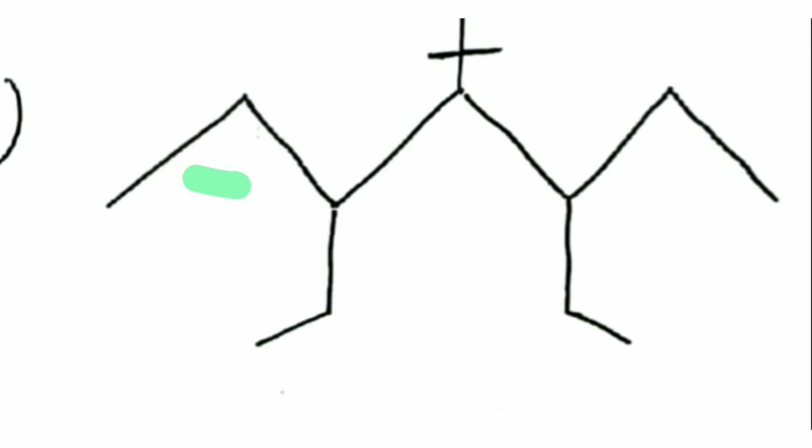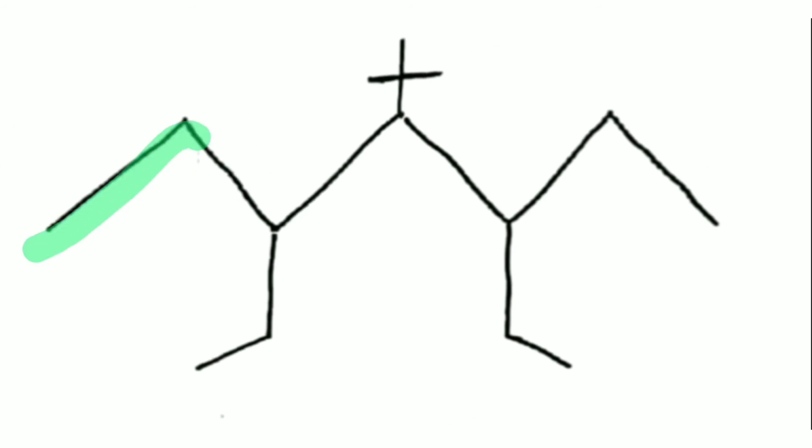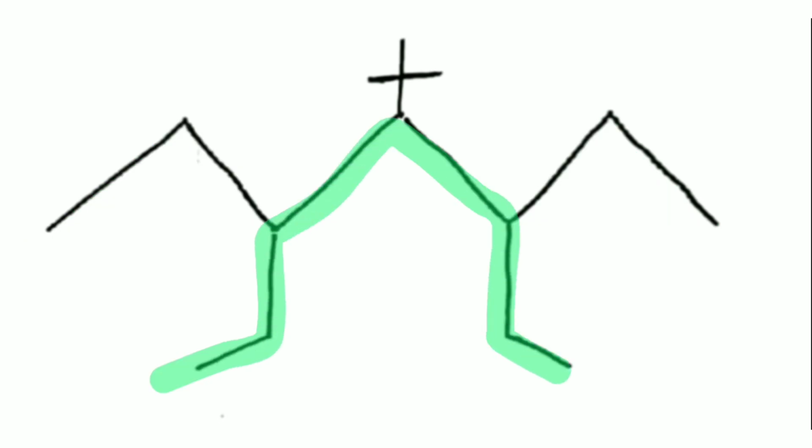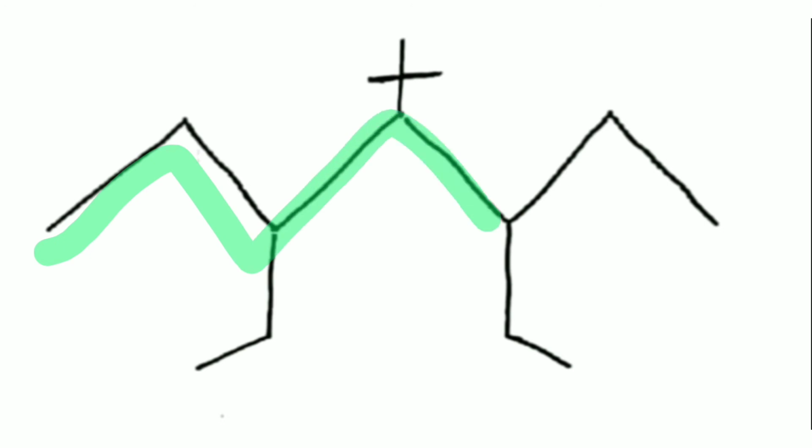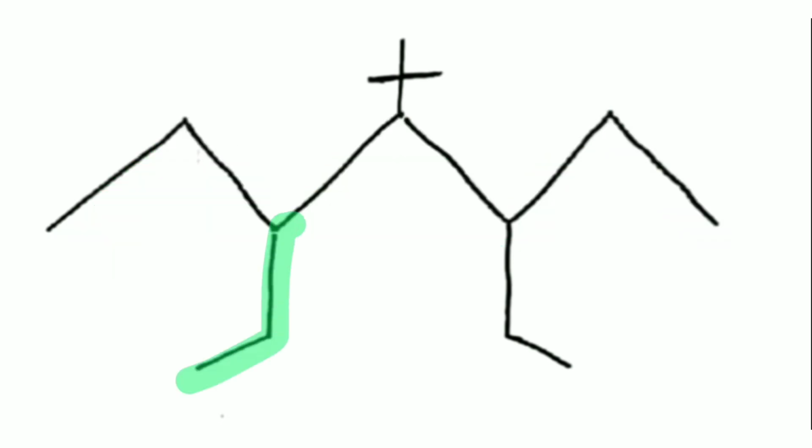Here we have this compound, which we can think of selecting this as our principal carbon chain, as it consists of 7 carbon atoms, or we can think of selecting this as our principal carbon chain, which also consists of 7 carbon atoms. So now, since the number of carbon atoms is the same in both cases, we'll have to see which has the more number of substituents. So this carbon chain has 3 substituents, as we can see, and this carbon chain also has 3 substituents. So what to do in such a case? Even the locants are the same for both. So we can choose any chain as the principal carbon chain in this case, as it's not making much of a difference if we select this or this.